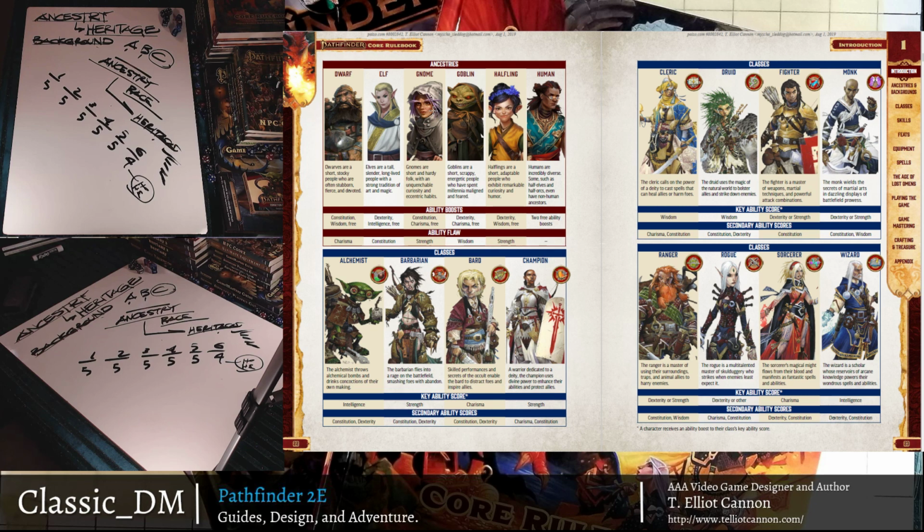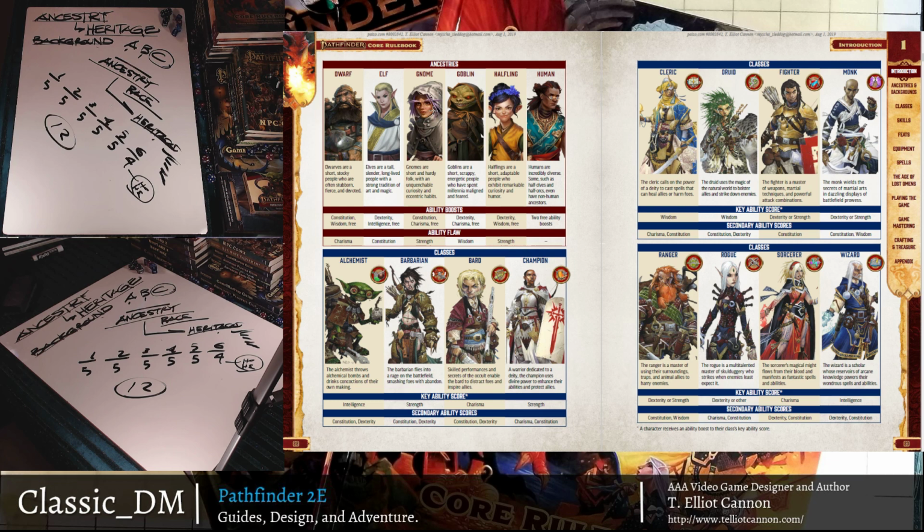Before we do that, you can also take a peek down below. You can see the classes. There's 12, okay? So the 12 classes of the game, we'll cover that in another video. So you can peek ahead, and if you're a min-maxer kind of person, you can say, hey, listen, if I play a dwarf warrior and I want to be a champion, well, the dwarf is going to have constitution, wisdom free, charisma flaw. If you play a gnome and you want to be a gnome champion, you're going to have a little bit of